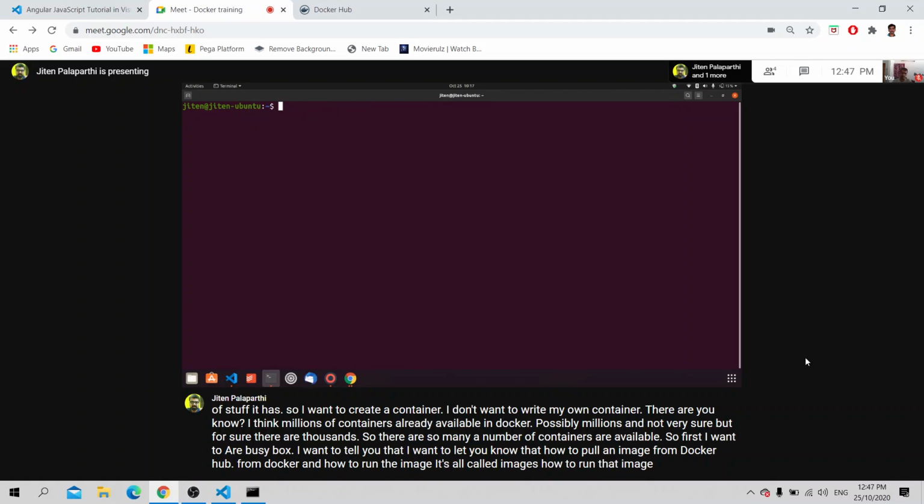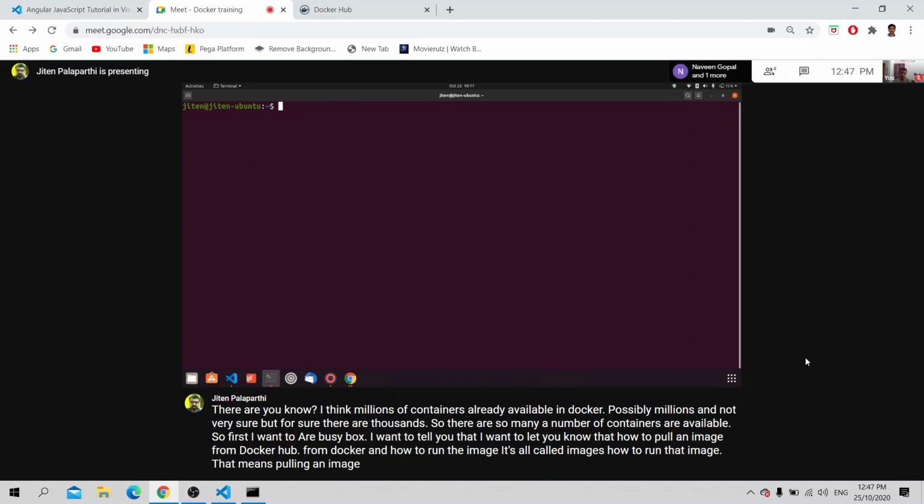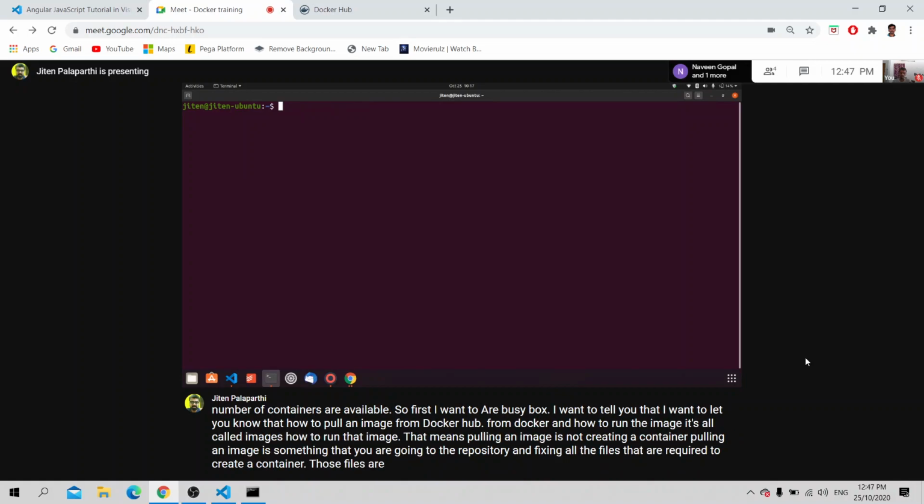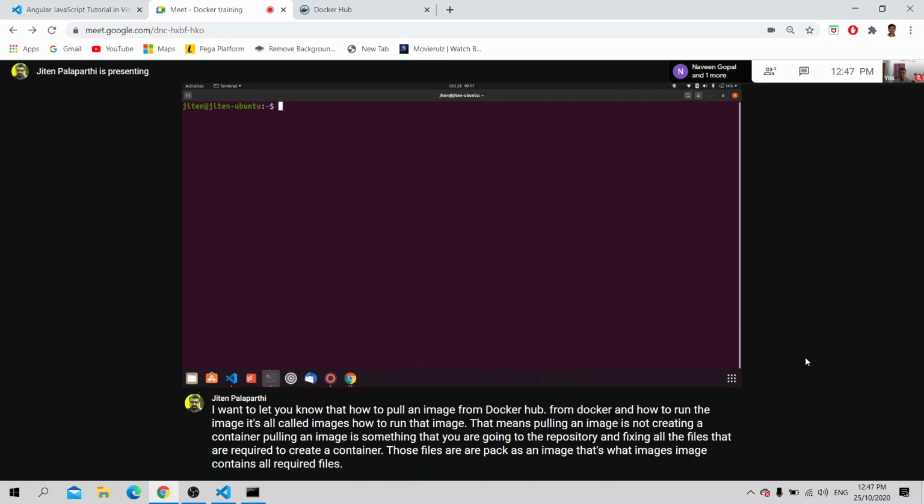Pulling an image is not creating a container. Pulling an image means you are going to the repository and fetching all the files that are required to create a container. Those files are packed as an image. That's what an image is: it contains all the files required to create a container.